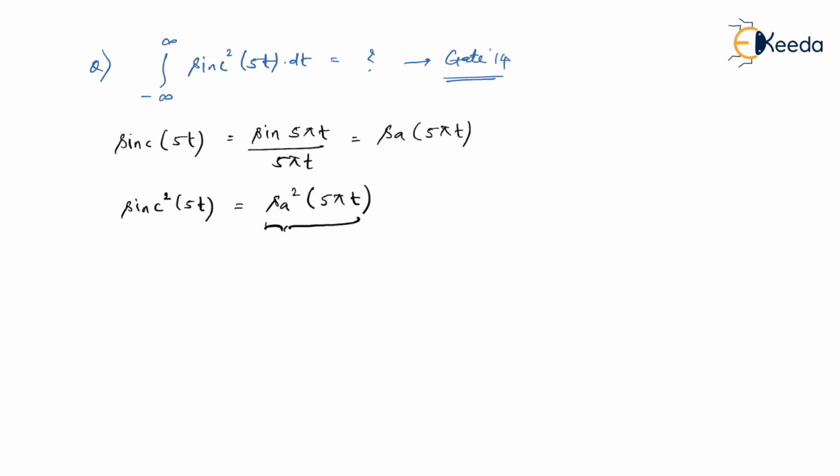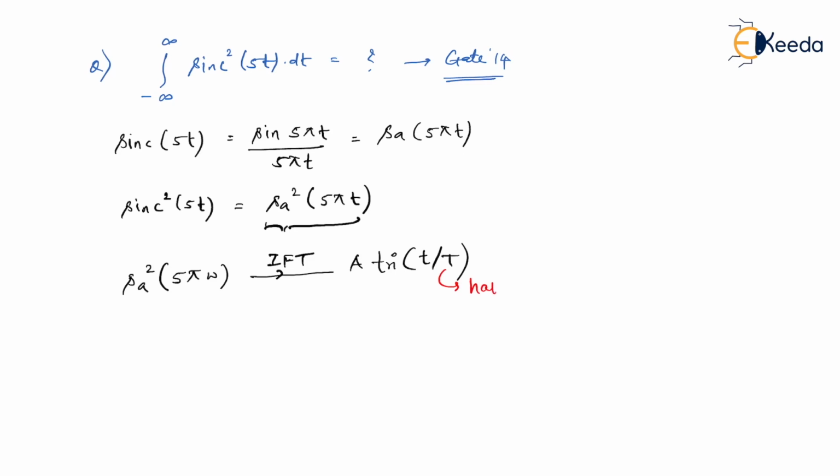Again, we know that a sampling square function of time is not a standard function. Sampling square we have always seen in frequency domain. So here I would say a sampling square 5 pi omega. Am I right? So this is a standard function for which I'll get an inverse Fourier transform this way. We know that whenever we have a rectangular function, we get sampling function in frequency domain. Whenever we have a triangular function, we get sampling square function. Vice versa is also true. Whenever I want sampling square function in frequency domain, then in time domain there should be a triangular function. So definitely there is a triangular function over here. Now let me remind you something.